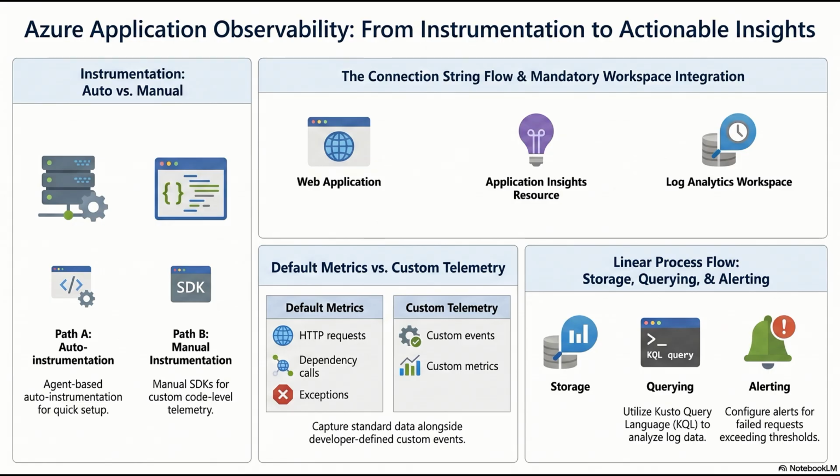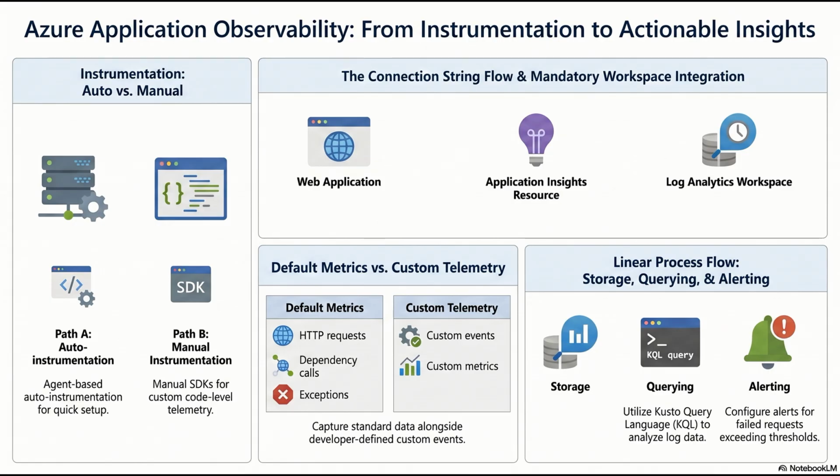But I do not want to pay engineers to sit there running KQL queries all day, manually refreshing dashboards just in case something breaks. No, you'd go crazy. Right. The system needs to watch itself. So how do we configure Azure Monitor to automate this analysis? We move from manual observation to automated alerting. You configure Azure Monitor alerts, which consist of 2 main components. You have the alert rule, which is the logic that detects a problem, and the action group, which is what the system does about it.